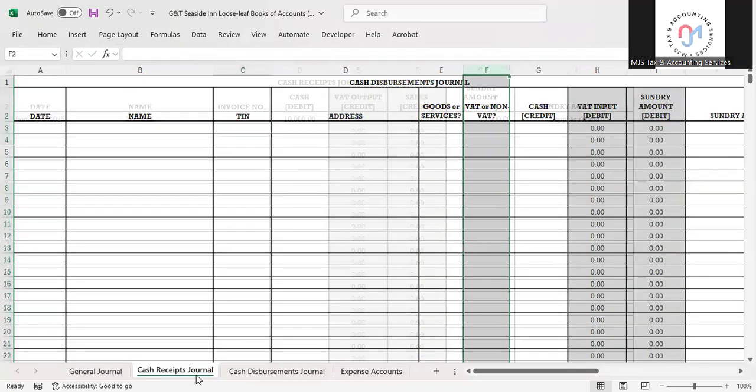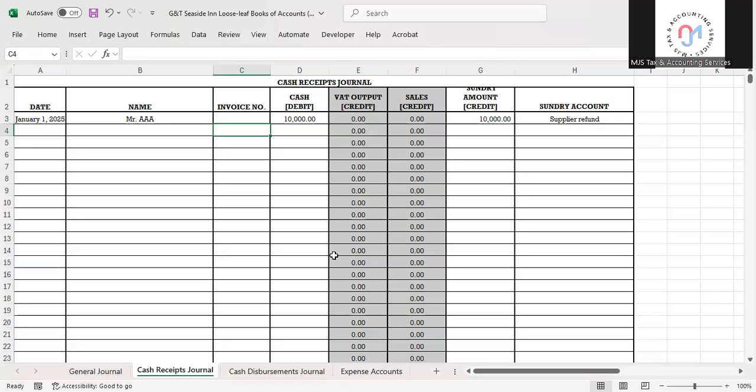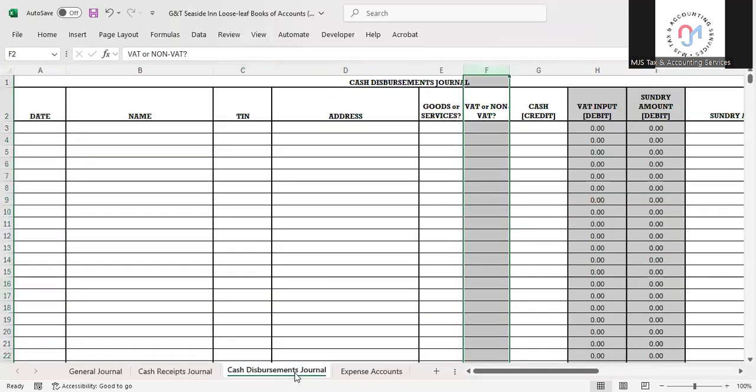Unlike in the cash receipts journal, wherein if your business is registered as a VAT registered business, all sales transactions will have VAT on them. However, the cash disbursements journal is the record of all payments that we give to someone, like a supplier, for example, and that supplier can be VAT registered or non-VAT registered.